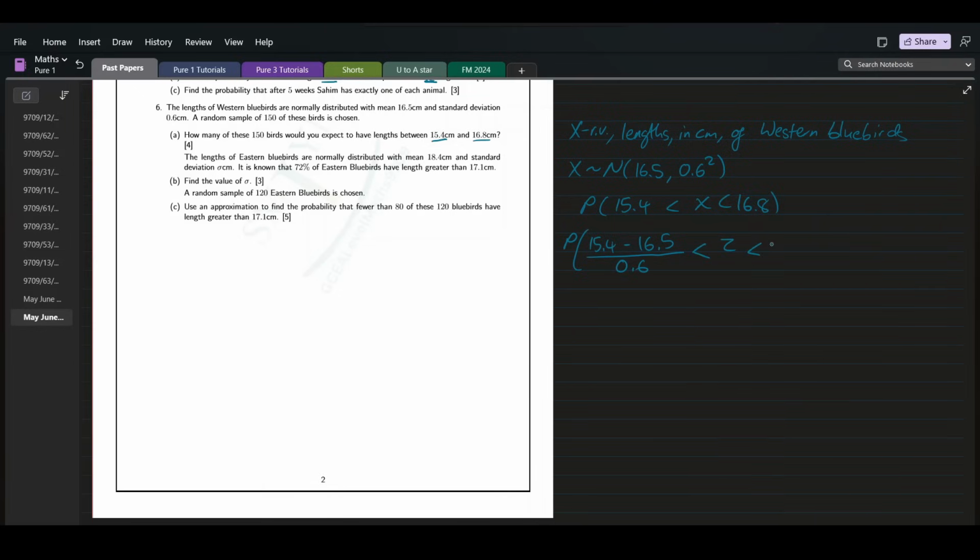Then z, 16.8 minus, what's our mean, 16.5 over 0.6. Okay, let's punch that into the calculator. That's 15.4 minus 16.5 over 0.6, and this gives us negative